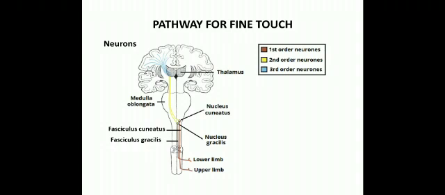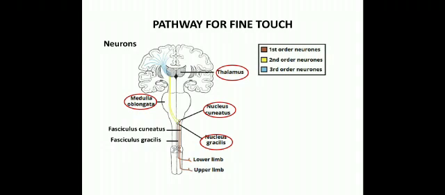The second neuron lies in the nucleus gracilis or the nucleus cuneatus. It gives off the internal arcuate fibers which cross to the opposite side through the sensory decussation. Reaching the other side, they run upwards in the medial lemniscus, and the medial lemniscus ends in the